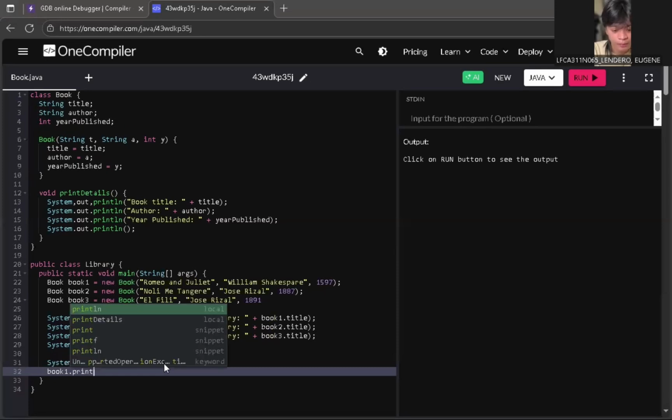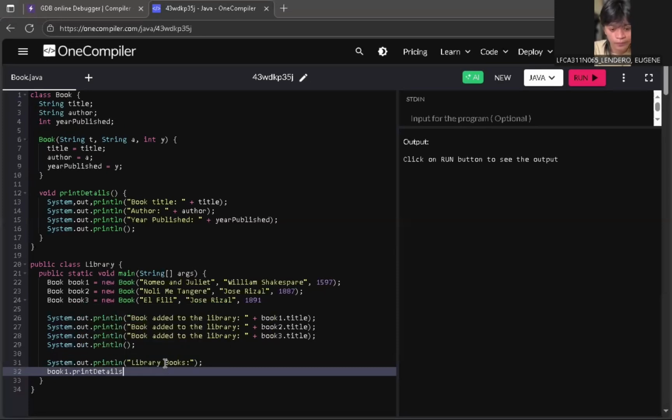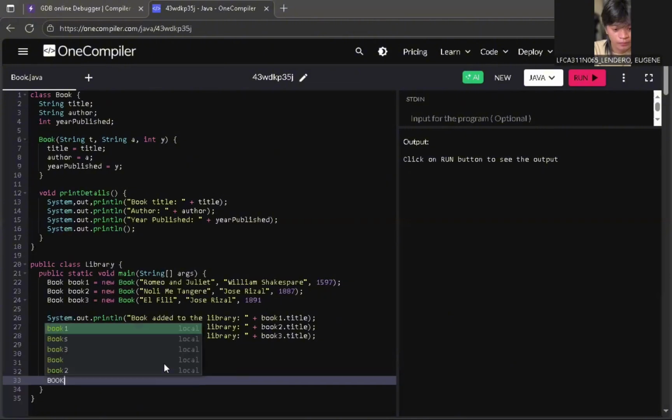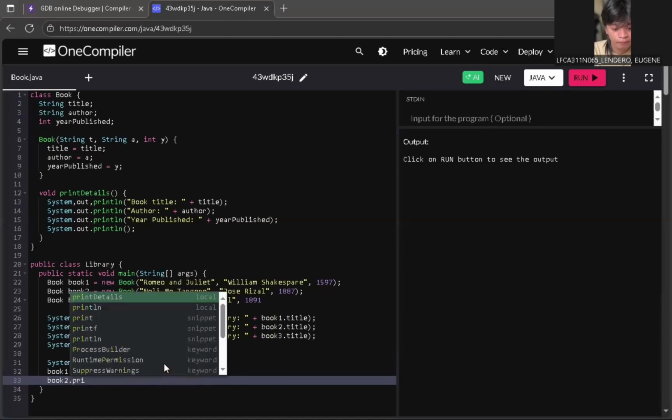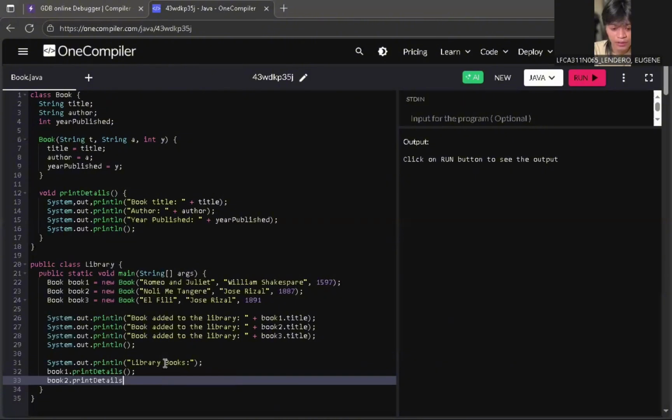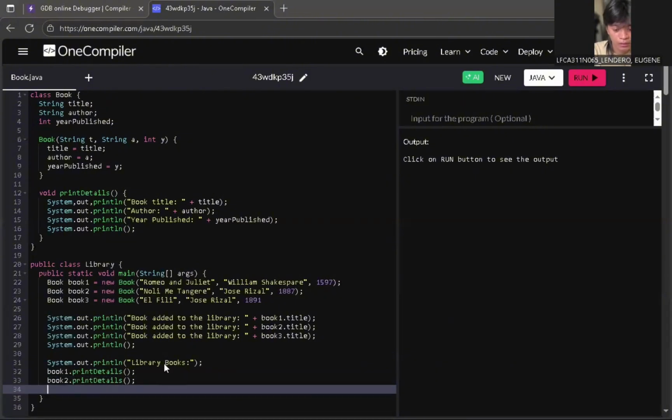And for the book2, open parentheses, then semicolon, then for the book3.printDetails in here.